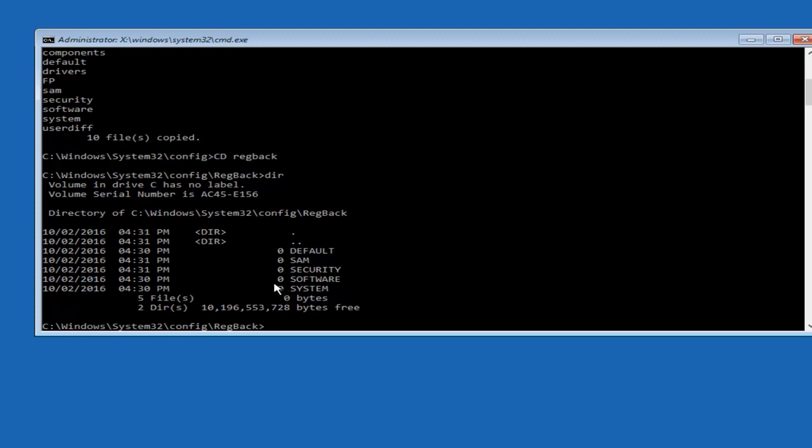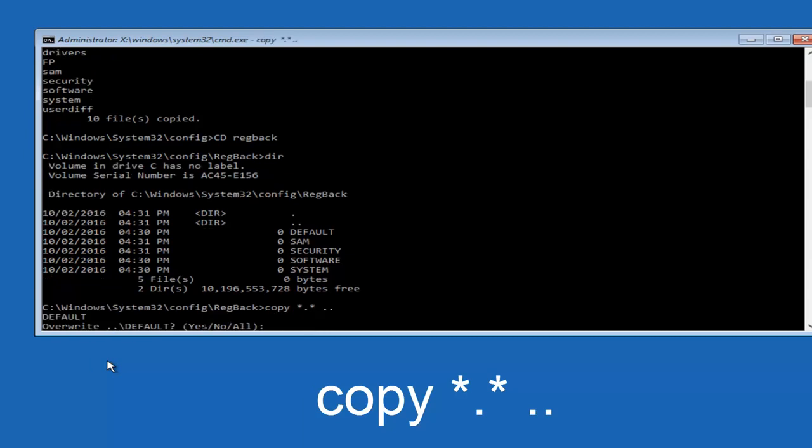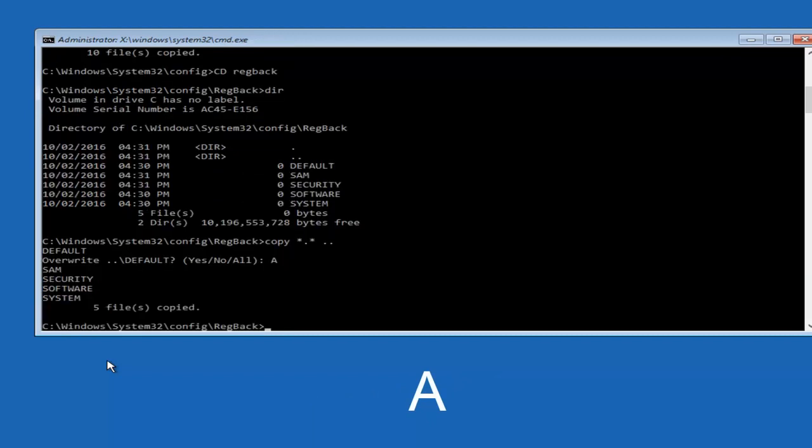If not, if you guys do have numbers, it should be several million number place values and quite a few of these. Instead, you're going to type in copy space star dot star, another space, and then 2 dots back to back, and then hit enter on your keyboard. When it says overwrite, type the letter A on your keyboard and then hit enter. And then at this point you can type exit,